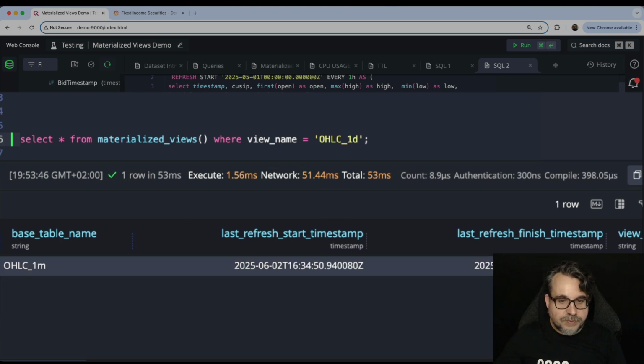So here, you see whenever I refresh, it doesn't change. The timestamp is always the same for the refresh.